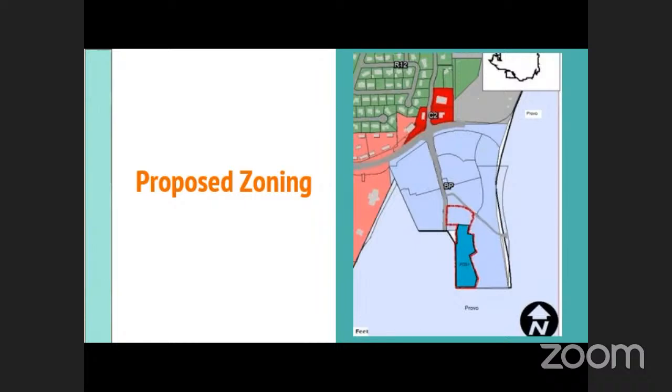So it would be a median similar to what was just completed here on State Street and 100 North, where you're allowed to turn a left off of State Street and go on 100 North. But if you're on 100 North heading west, wanting to take a left and go south, you can't now because there's a median in the way. So I could foresee,